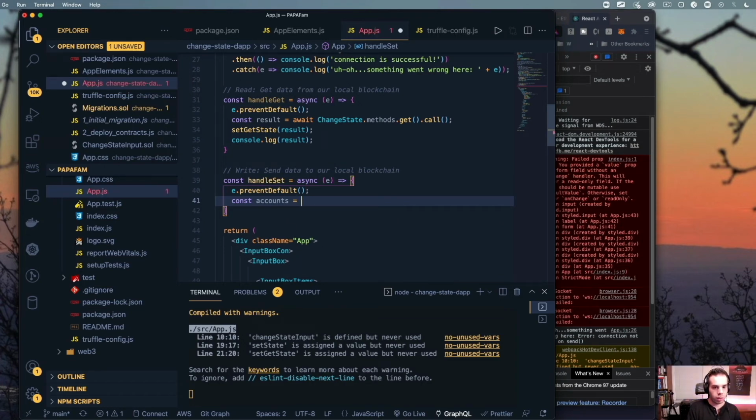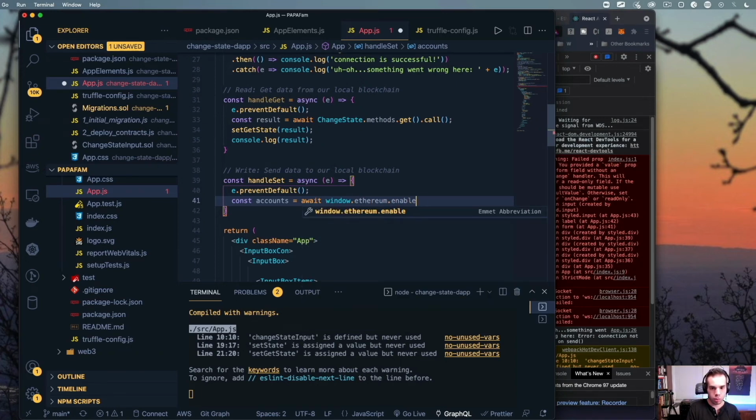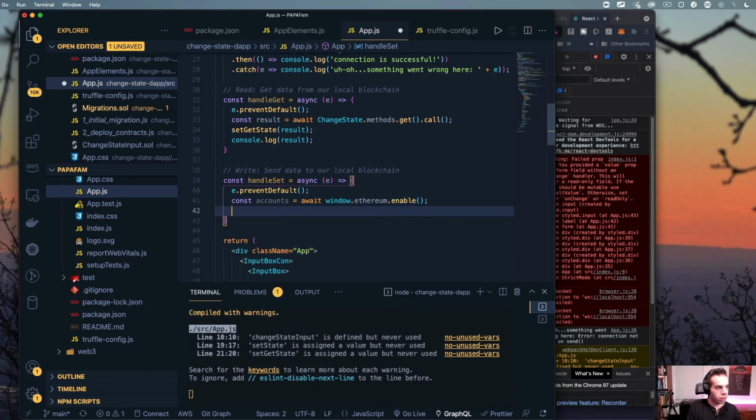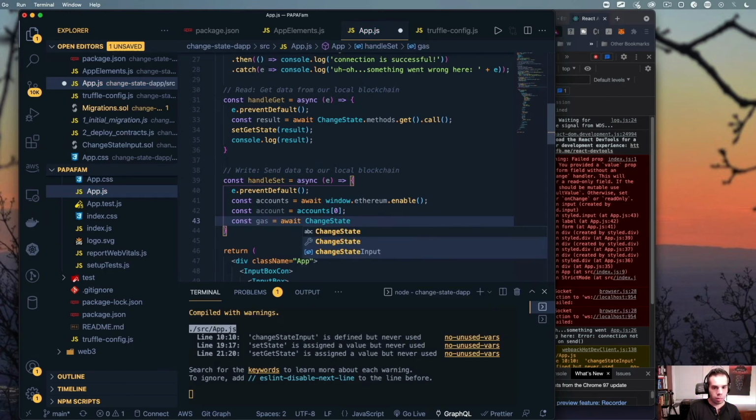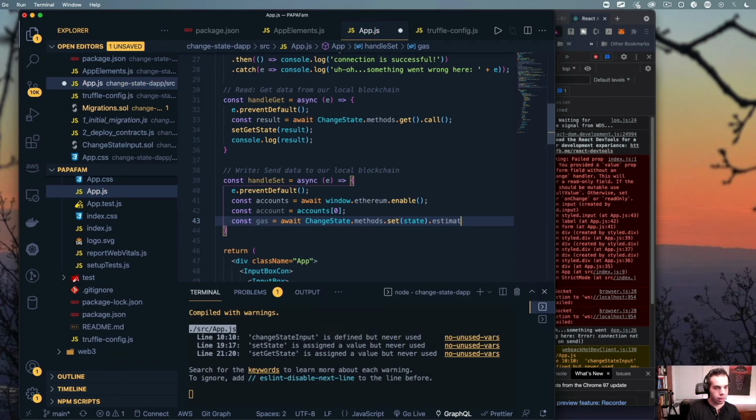We're going to say await window.ethereum.enable, and this is how you would enable Ethereum in the browser. We're going to say const account equals the first account. So of the accounts that we have in our list, this is going to be the first one at index 0. We're then going to say const gas equals await change state. On the methods, we're going to set state dot estimate gas there, and then we're going to say